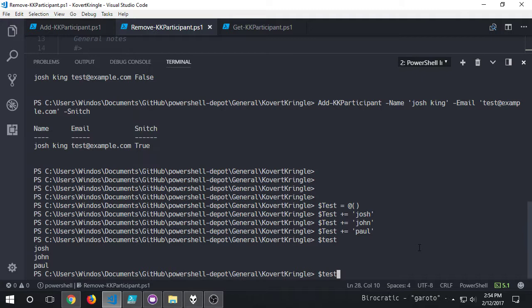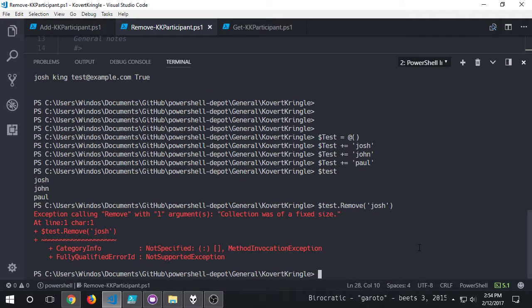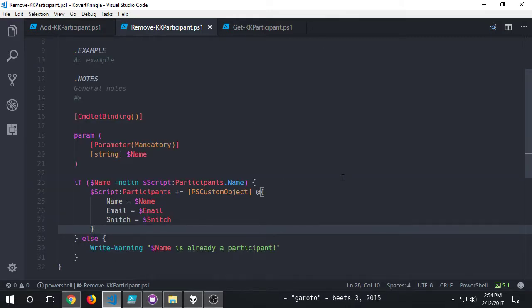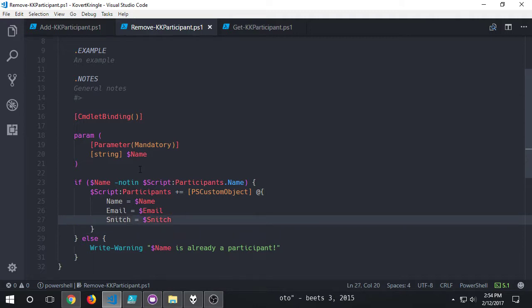If I want to remove one, there's a remove function. That's what I was afraid of. So what I might have to do, so what I'm going to have to do for this, because